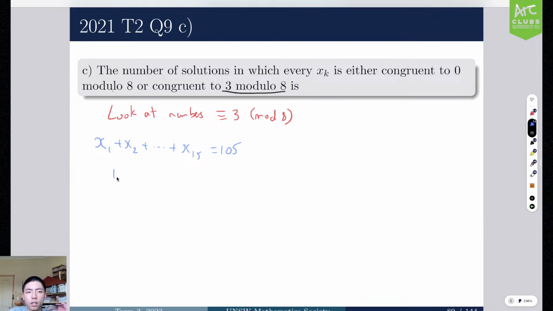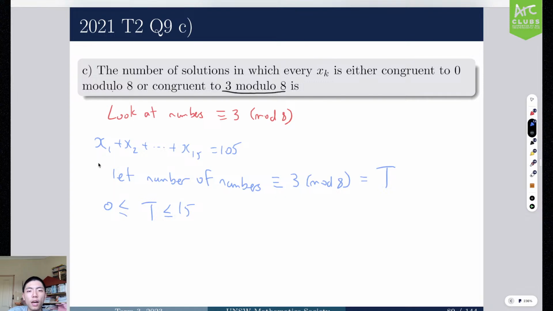So if we let the number of numbers that are congruent to 3 mod 8 equal t, so I'm just counting the number of numbers in x1 to x15 that are congruent to 3 mod 8, we know that because there are only 15 numbers here, then t must be between 0 and 15 inclusive,